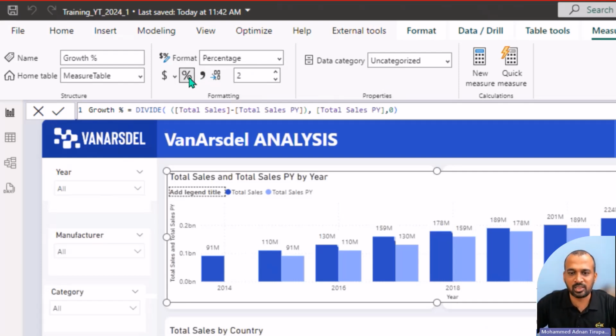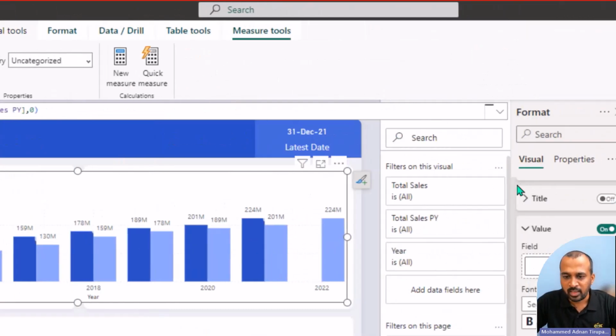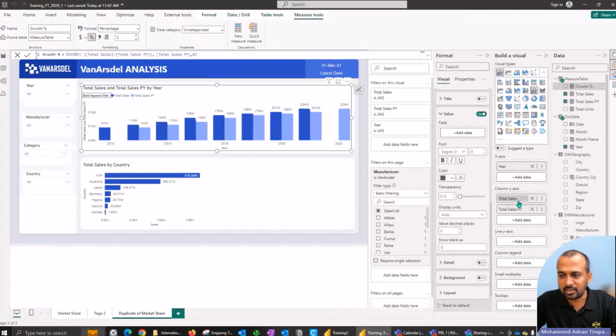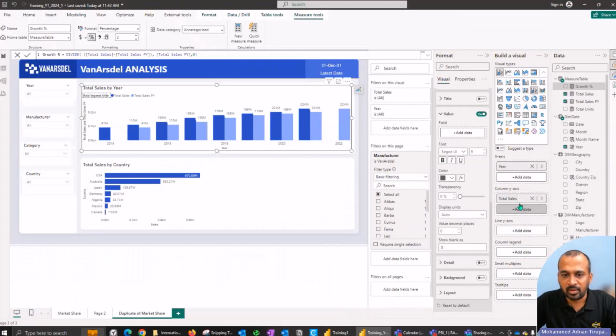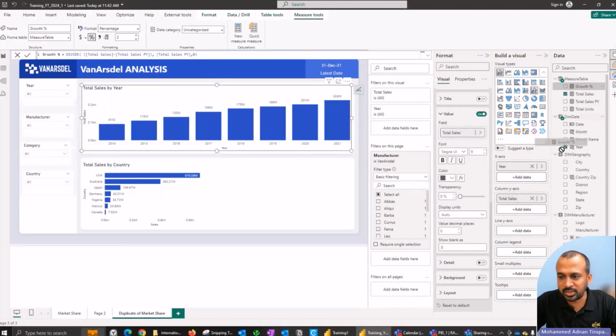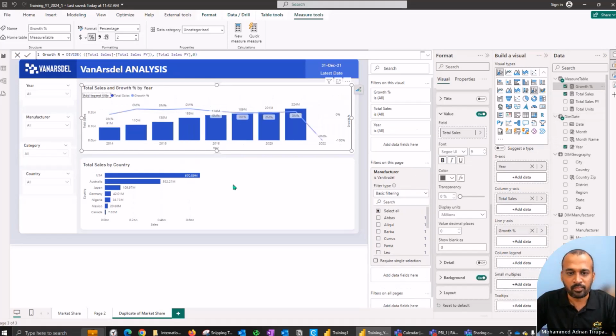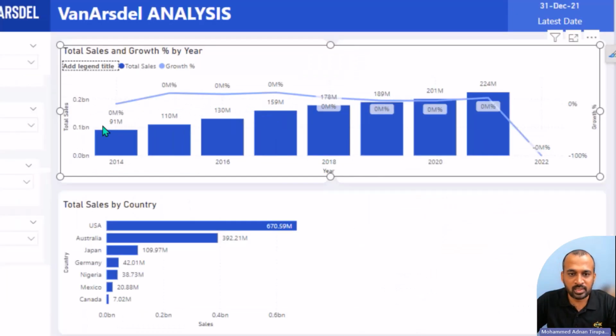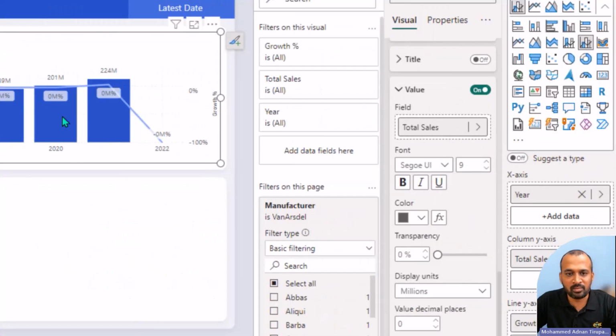Percentage sign, this will convert the value into percentage and decimal to be 2. That's fine. And here I'd like to add this, instead of showing the previous year value, I just want to add this growth percentage into the line area. Now we see it is showing up here everything in percentage, and now this is showing up in millions, but